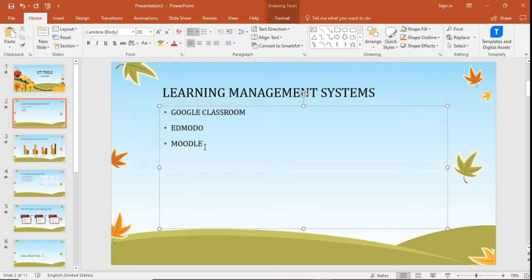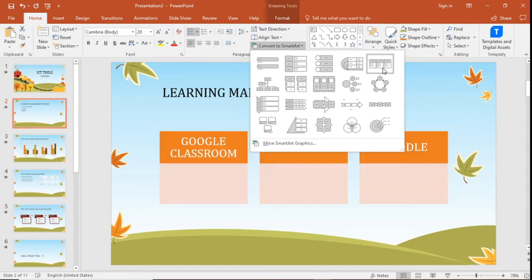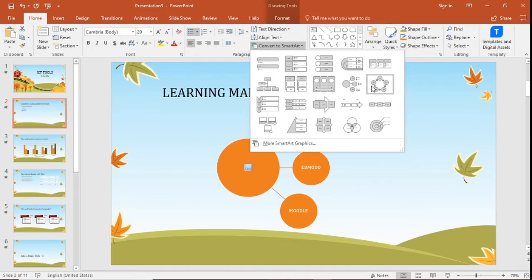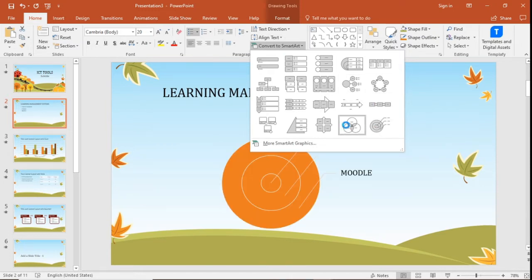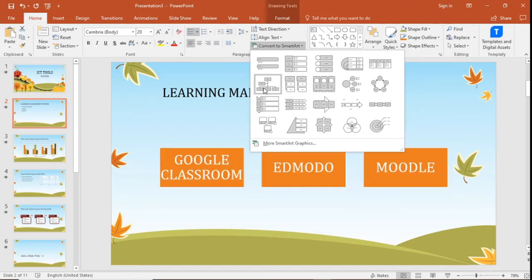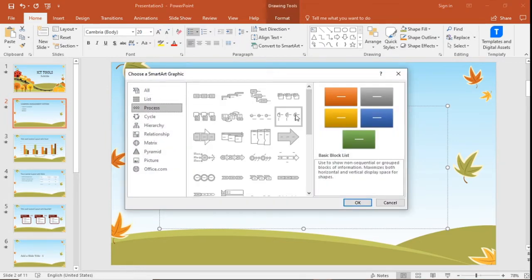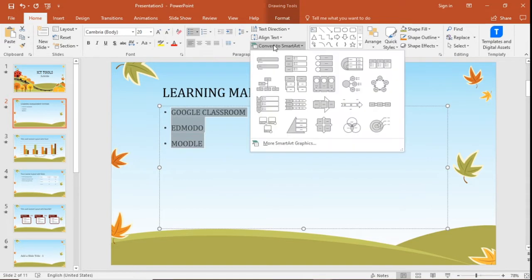The second feature that will be very useful for us is, instead of giving just bullet points of whatever contents we are displaying, I can choose these bullets, and if you see in the home tab, we have something called convert to SmartArt. So when I click on convert to SmartArt, we can change this into various options that are available. So whichever format you want to display your bulleted contents in, in the form of SmartArt, and we have a lot of SmartArt graphics here, you can choose whichever you want and that particular content gets displayed in a SmartArt.